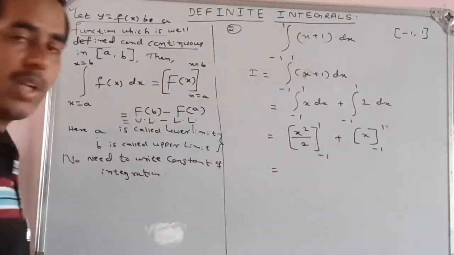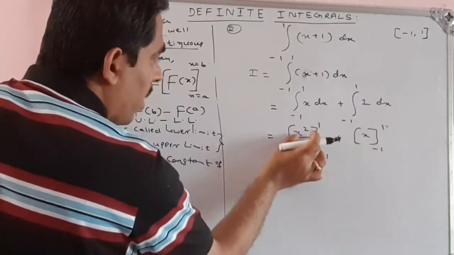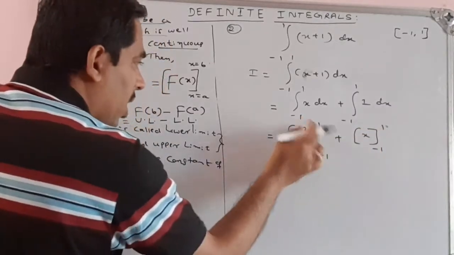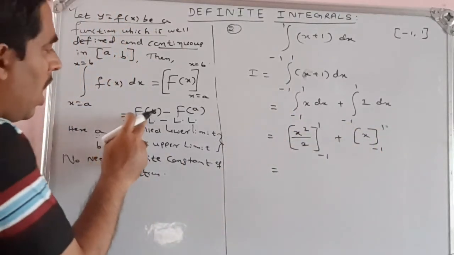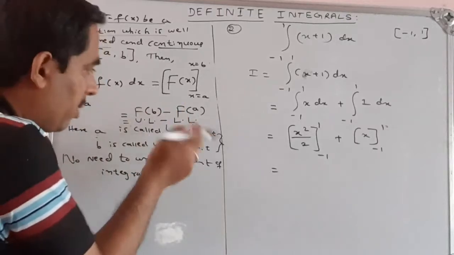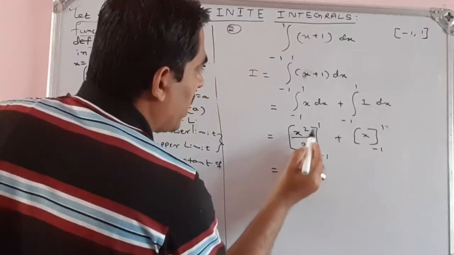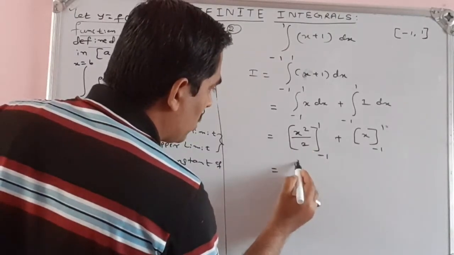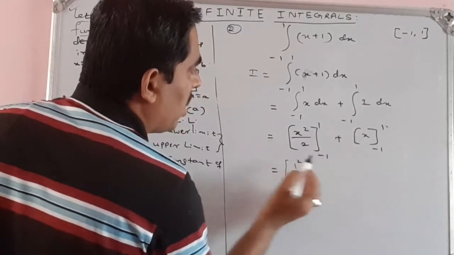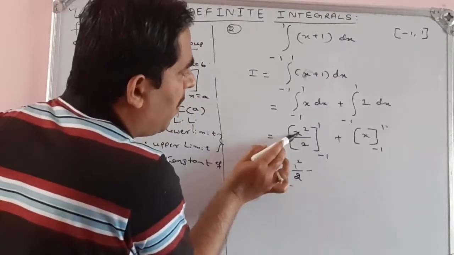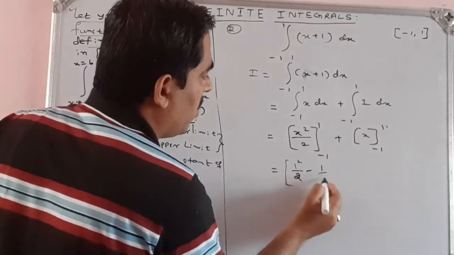Now observe this carefully. I have written the antiderivatives. Now I have to calculate the antiderivative at the upper limit minus the antiderivative at the lower limit for these two. That gives me the value. For this portion, put x is equal to 1 in the upper limit: 1 square by 2, minus the lower limit, where I substitute x is equal to minus 1. Minus 1 whole square is 1 only, because minus 1 into minus 1 is plus 1, divided by 2.